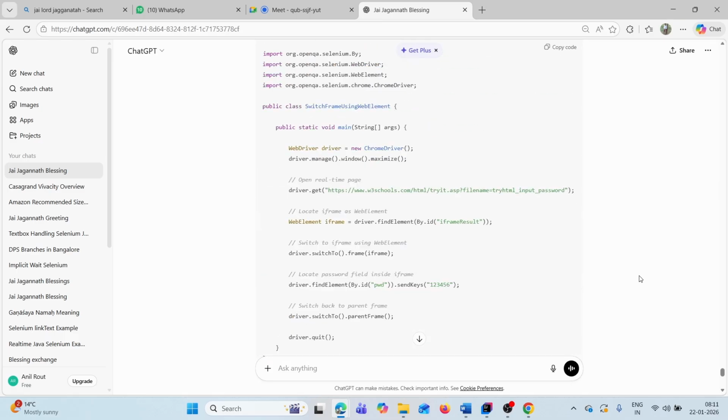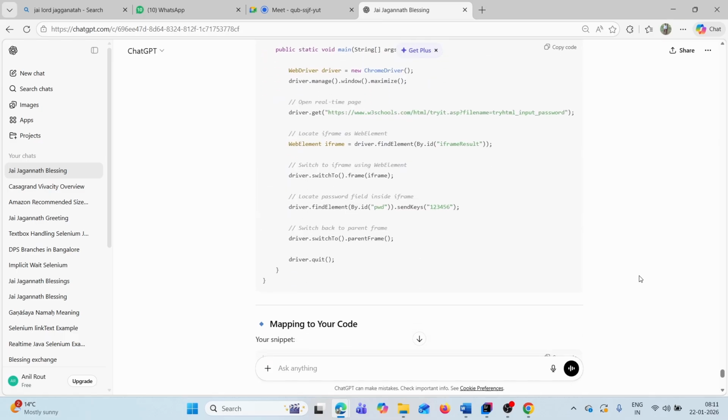Okay, now first of all it will switch to the iframe, then after that driver.switchTo.frame of iframe. Okay, then locate the password field inside the iframe. So what it does, driver.findElement by.id pwd.sendKeys. Okay, so basically what it is doing,